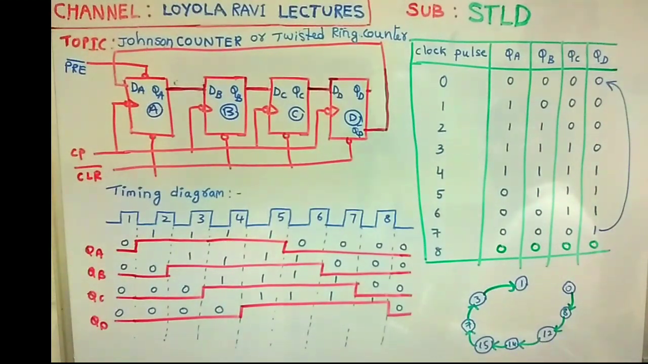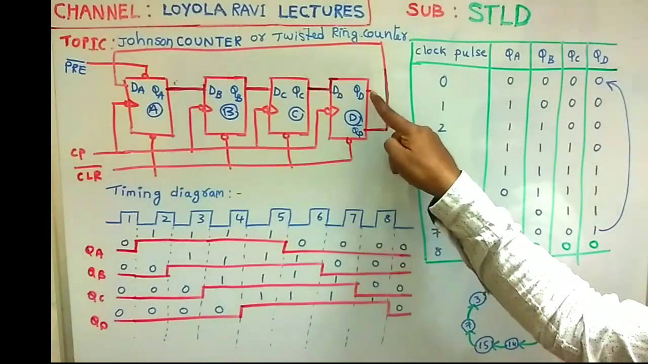Okay students, now we will discuss about Johnson counter in STLD. In the last class we discussed about ring counter. Another shift register counter is a Johnson counter. The only difference between the ring counter and Johnson ring counter is in ring counter